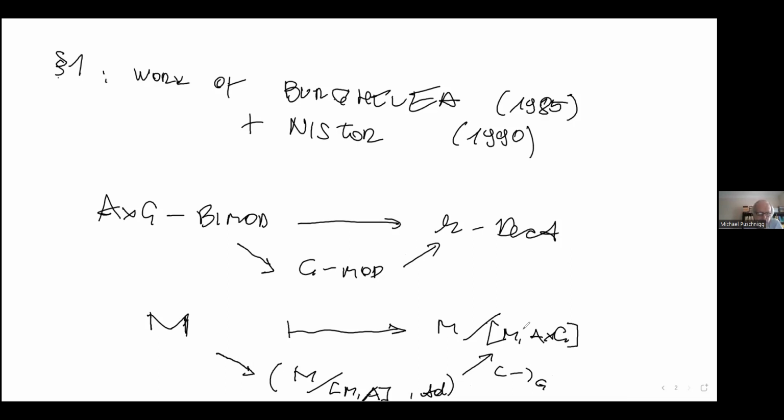So this is a simple calculation, and you observe immediately that all three functors are right exact, and that the functor here, which attaches to an A cross product G bimodule just the commutator quotient with respect to A, sends free bimodules to free G modules. So homological algebra tells you that when you pass to derived functors, the derived functor of the passage to the commutator quotient here, and this means the functor